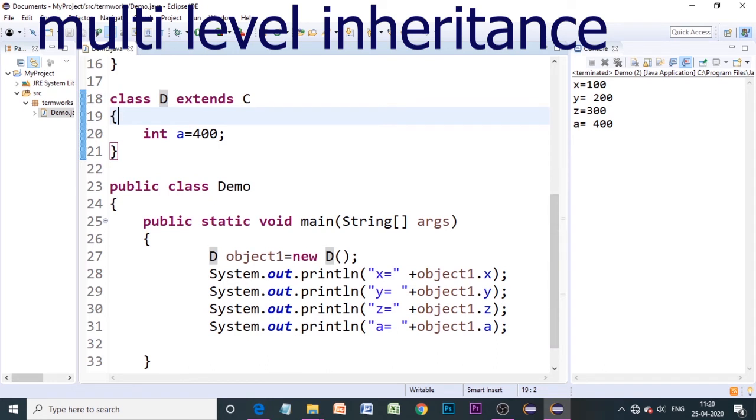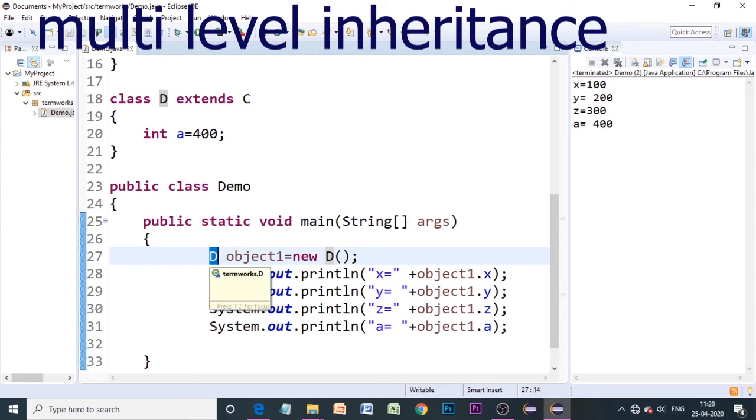And it doesn't mean that you have to always create the object of the last level class over here. It is not necessary. I have created an object of D because I wanted to show you how this object can access the members of itself as well as its parent classes. If you wish to create any other object, like an object of class C, then you can do that.